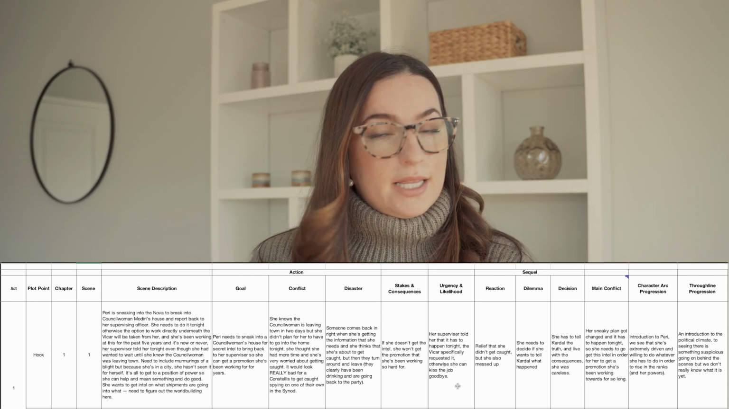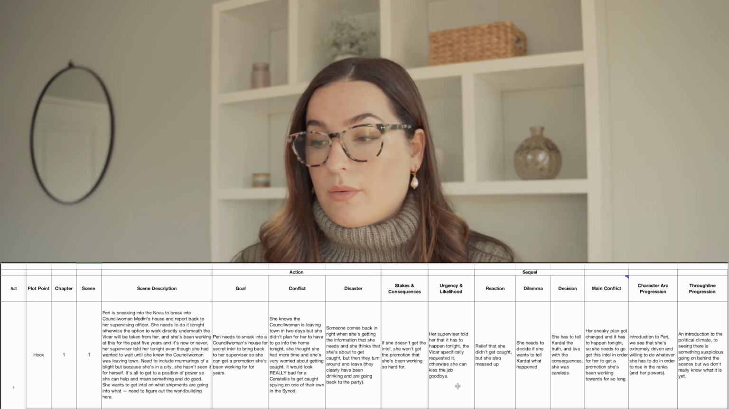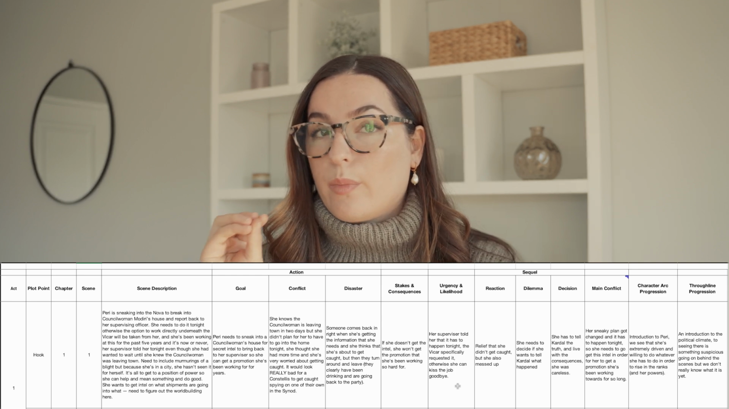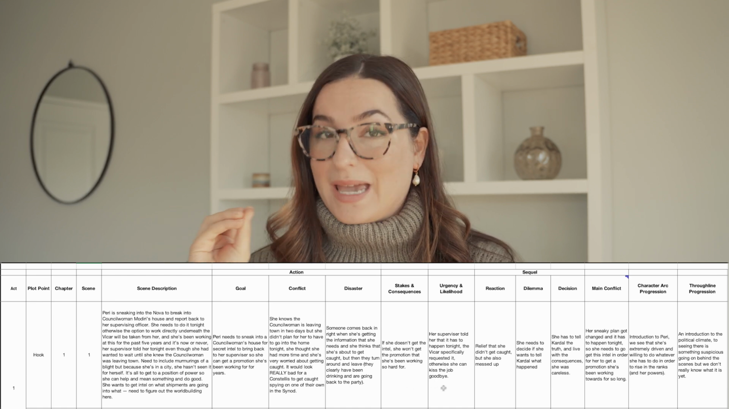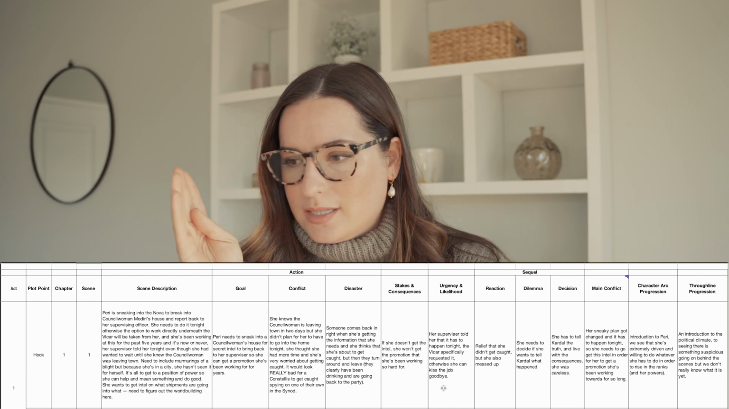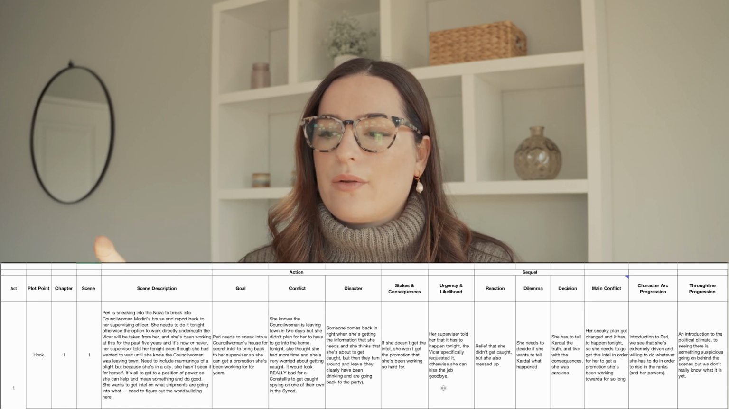Is it very likely she's going to succeed, or is this kind of just an impossible feat? Stakes and consequences and urgency and likelihood are very important for my outlining process because they really help me visualize pacing. And so stakes and consequences and urgency and likelihood in the beginning of scene 2, where things tend to slow down, for the stakes and consequences